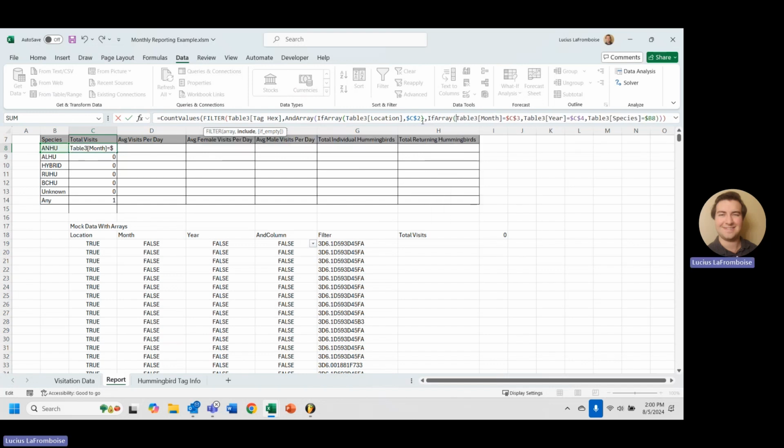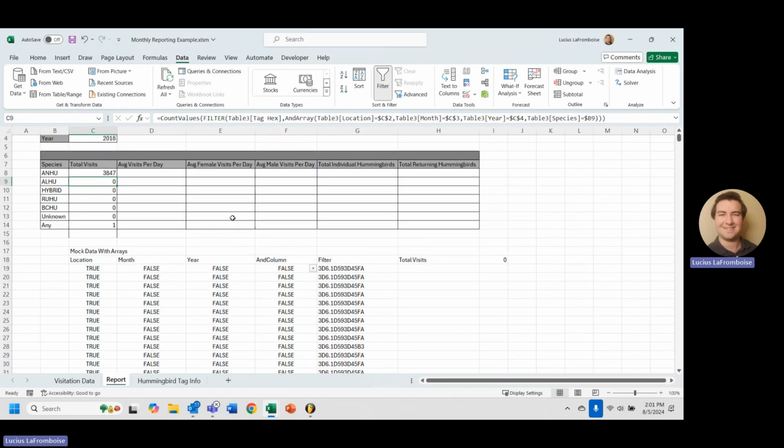If array, replace the equals with a comma, parentheses. If array, get rid of the equals, comma, and then if array, replace the equals with a comma, close parentheses, and